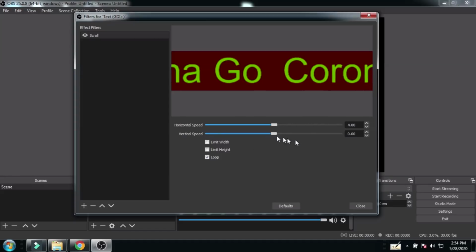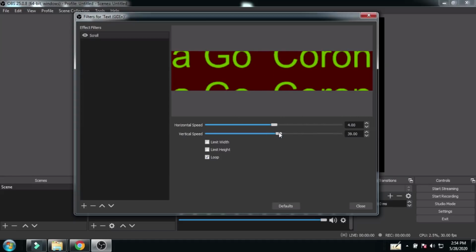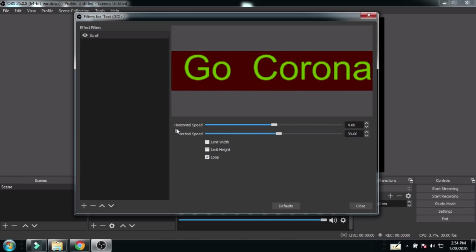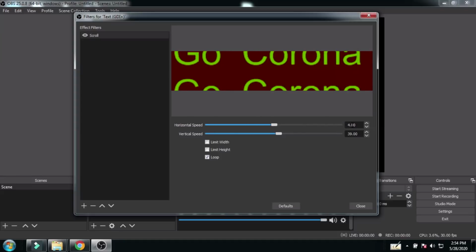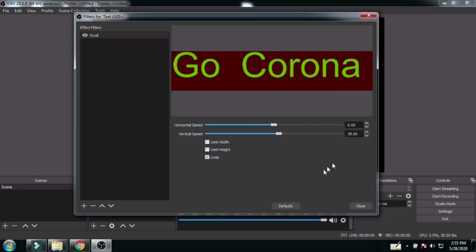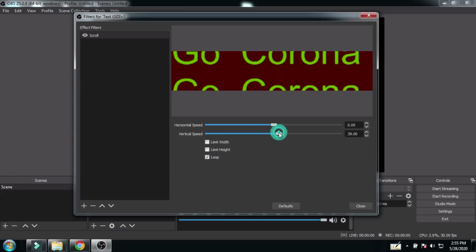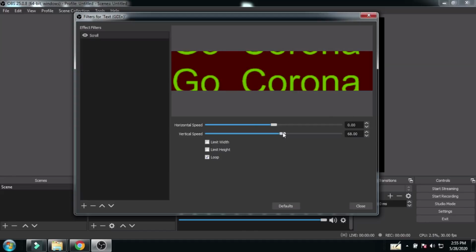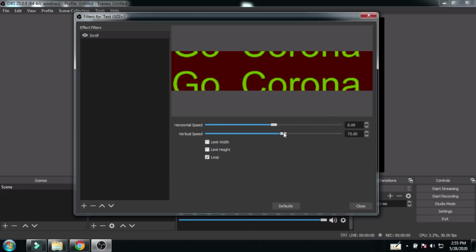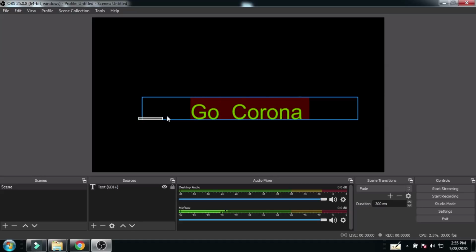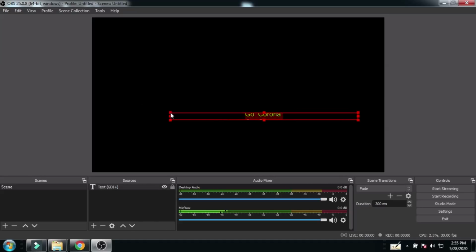Now vertical speed, click on the vertical speed arrow. Your text has horizontal movement and also vertical movement. Horizontal speed is 4, now change it to 0. Check, it is only moving in vertical speed. Click on the close button. Now check, your text is moving in the vertical direction. So it is possible to change all the shape and size by using the cursor.